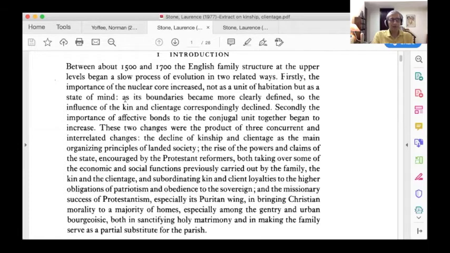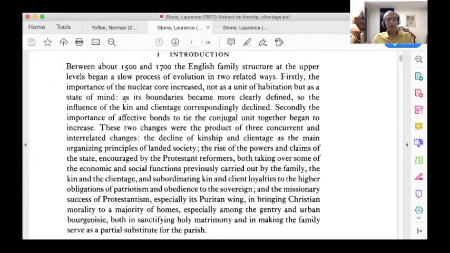So there's a lot of ideas that are compressed in here, but effectively what Stone is saying is you had these much larger changes taking place at the level of the English state, right? And the church, right? You see changes to the church structure. You've also seen the Reformation, the rise of Protestantism. Of course, you have with Henry VIII, the Anglican Church. The Anglican Church itself influenced a great deal by Protestantism.